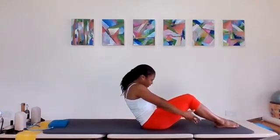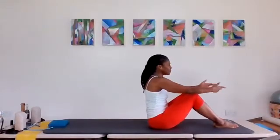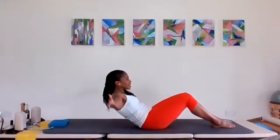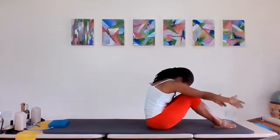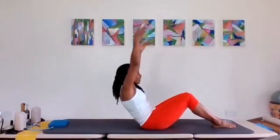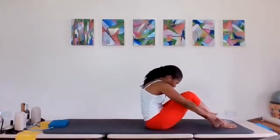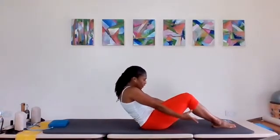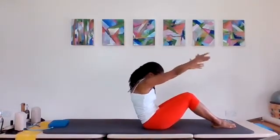And reaching, just feel that nice slow movement of the body, just really articulating and reaching back. Pause halfway, take the arms to the sides, circle them around and bring yourself up and reach. And opposite way as you lift and round, take the arms back to the opposite direction and curl and bring yourself in and lift. And rolling back, take the arms the opposite way again, reaching up, rounding that spine, lifting,